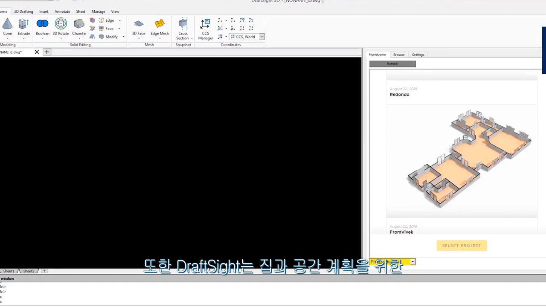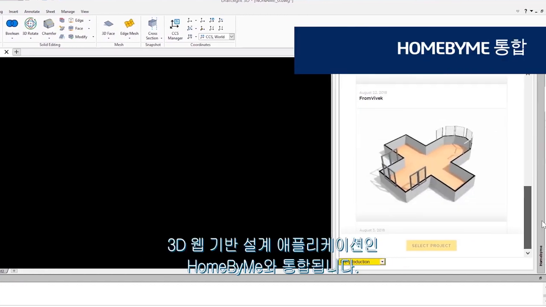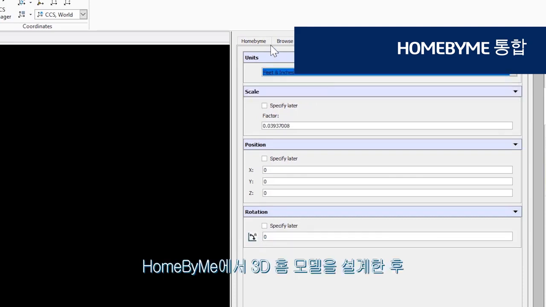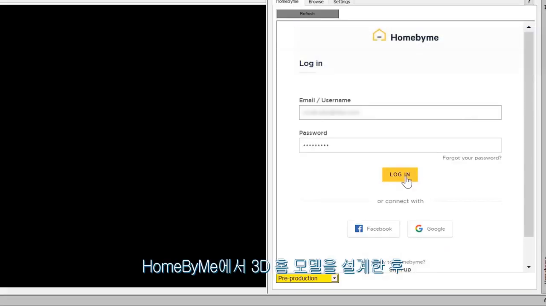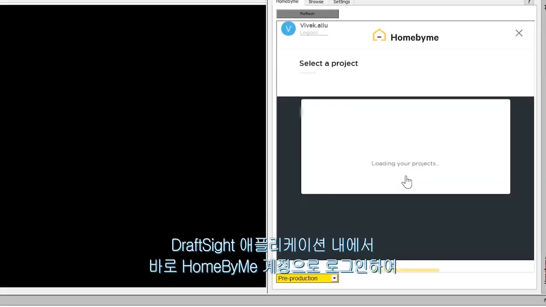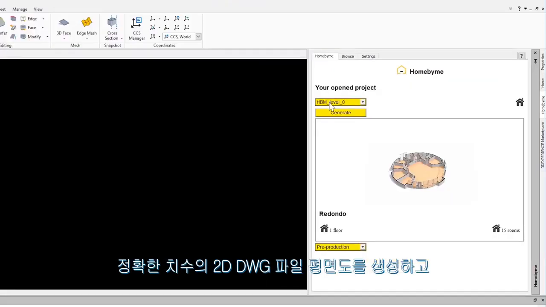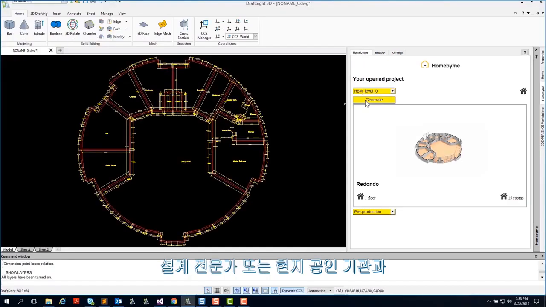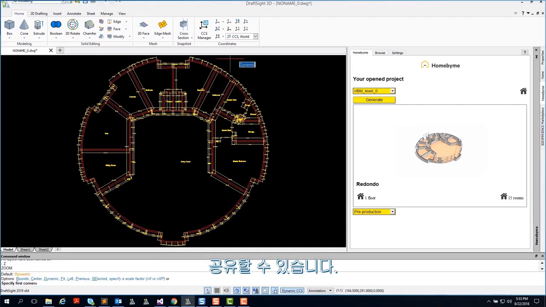DraftSight also integrates with HOMEBYME, a 3D web-based design application for home and space planning. After you design your 3D home model in HOMEBYME, you can log into your HOMEBYME account directly within the DraftSight application and generate a fully dimensioned 2D DWG file floor plan to be shared with your design professionals or local